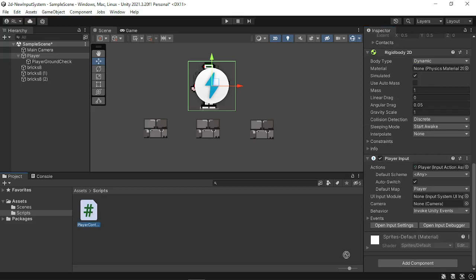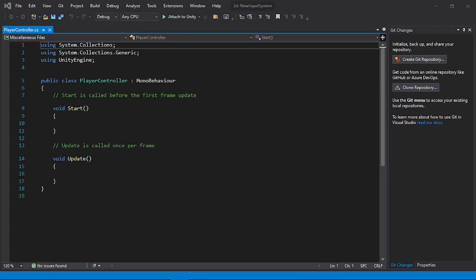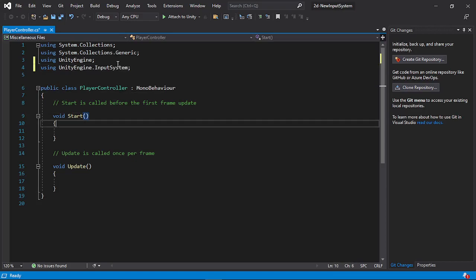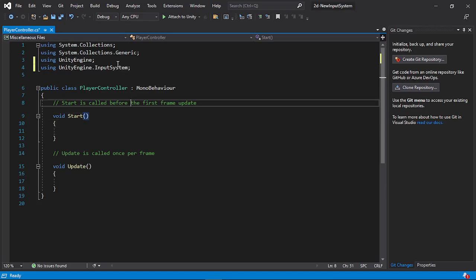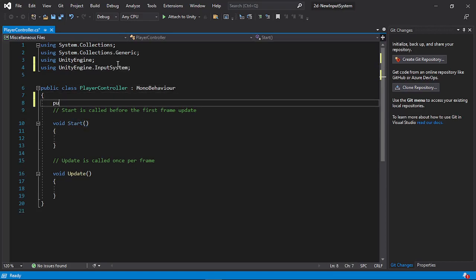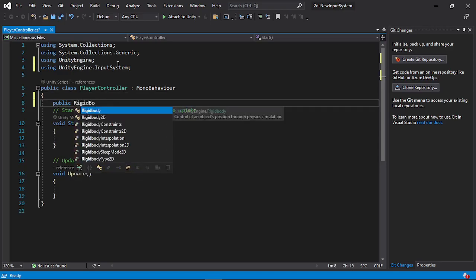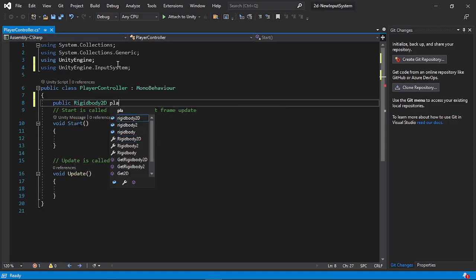Scroll down, just going to attach that here. Let's try to open that up. Let's go use the Unity engine input system, and let's try to have a public Rigidbody2D player RB,